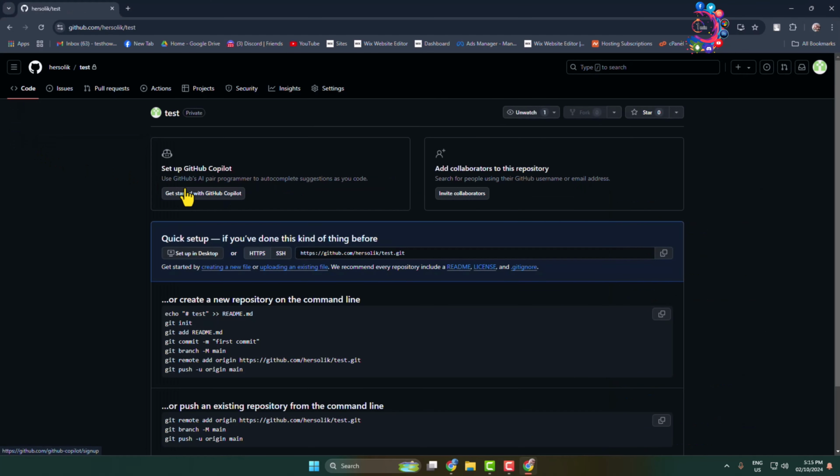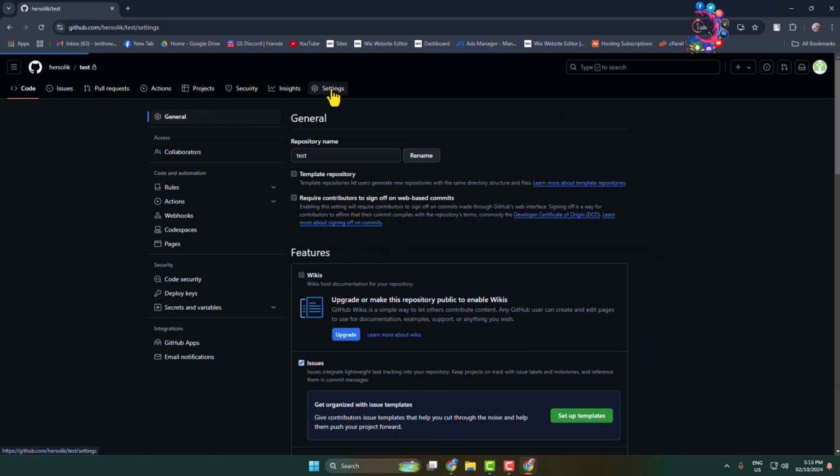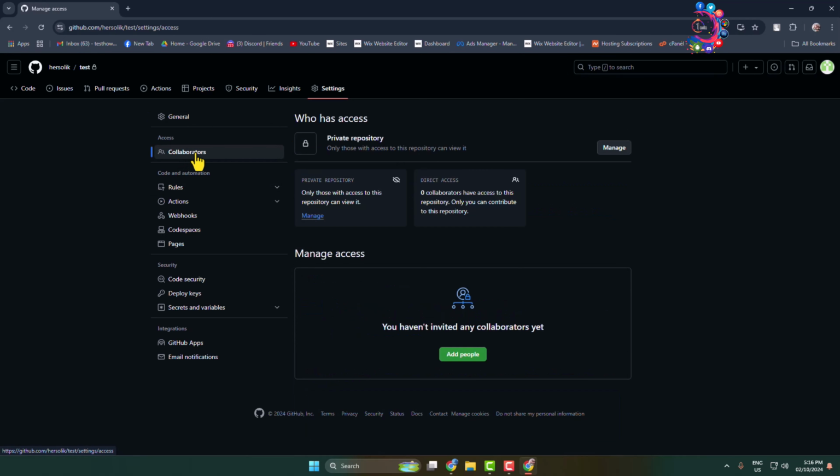And here, as you can see, currently this repository is a private repository. Now to make it public, go to settings, and under settings you have to click on collaborators. And here we can see this is a private repository. Now to make it public, click on manage,